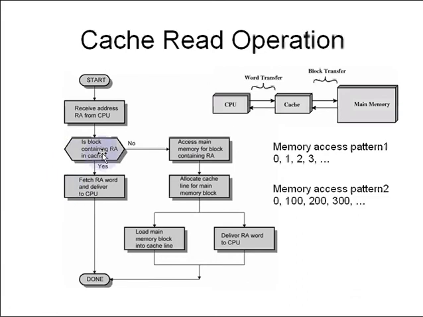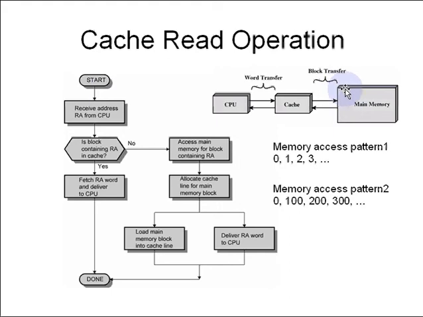If the data is not present in a cache memory, it is called a cache miss. In that case, we have to go and read the data from main memory. So your data is not present in the cache memory, so we have to read it from the main memory. Now when we go to the main memory, two things will happen.